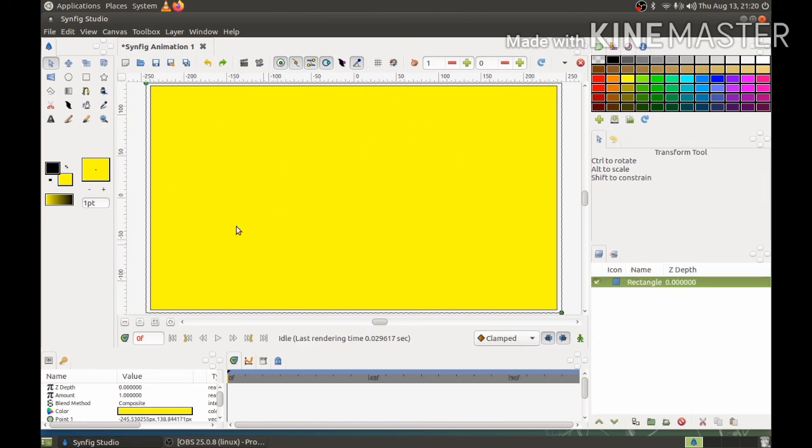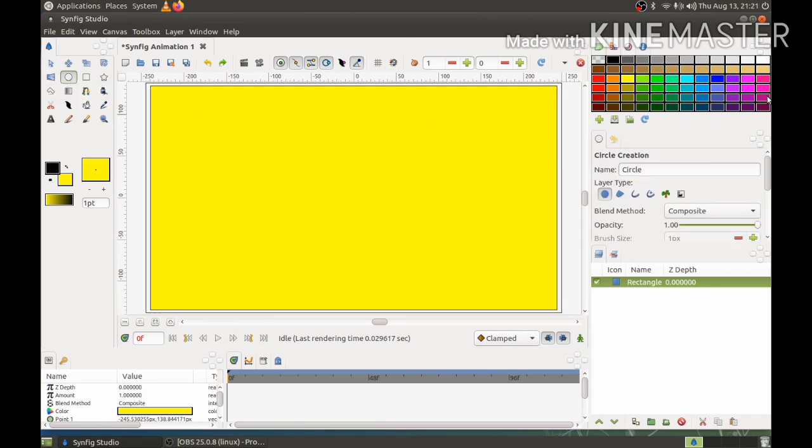Now as soon as we create a rectangle, the rectangle layer is automatically created over here. Now suppose I am creating a new layer called circle. So I'll select the circle from here. I'll select another color, and create a circle.